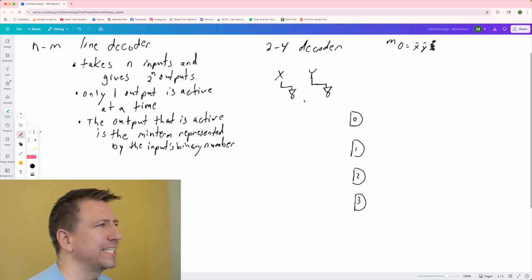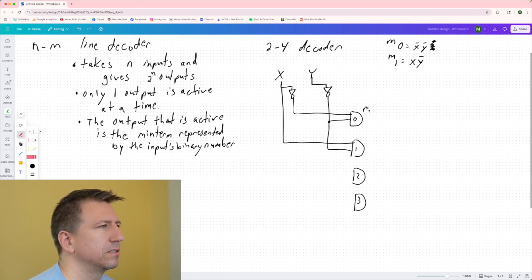And so I'm going to take X bar and Y bar and put it into 0. And then min-term 1 is going to be X, Y bar. And so I'm going to take X and Y bar, and this will generate min-term 1. So this is min-term 0, this is min-term 1, right? And then min-term 2 is going to be